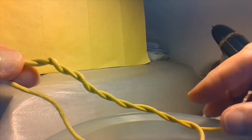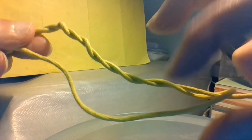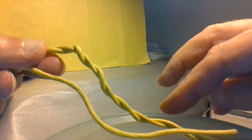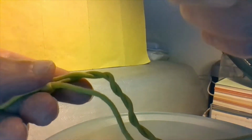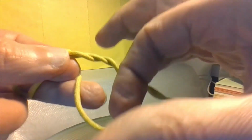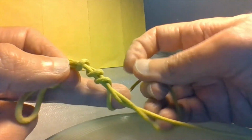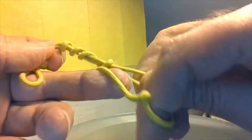Now we move to the other end, and you'll see that if you start twisting this bottom part of the loop away from you, it's actually going to unravel the wraps that you've just put in. But by the same token, as you start winding it around at the far end, you're putting on the same amount that you're taking off at the back end. So that's what we're going to do now. So you go 1, 2, 3, hope you're seeing all of this, 4, and 5. Looks a bit messy,